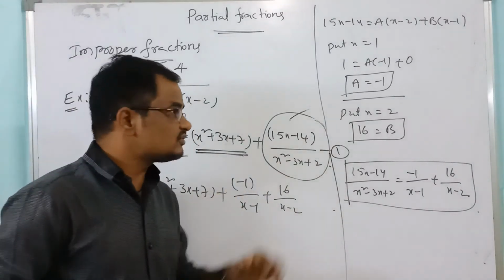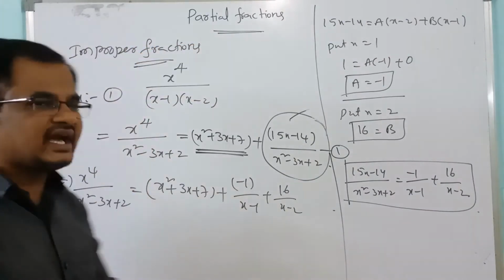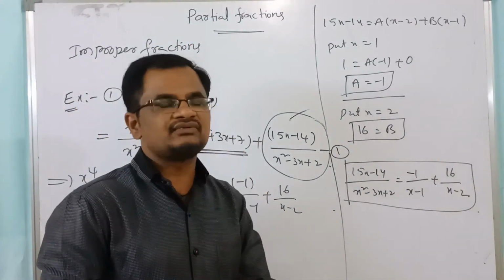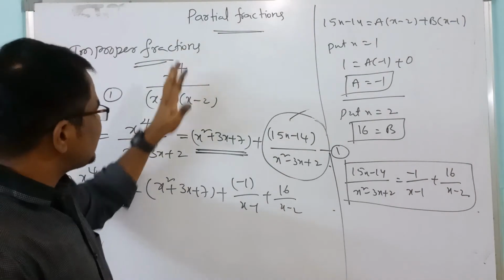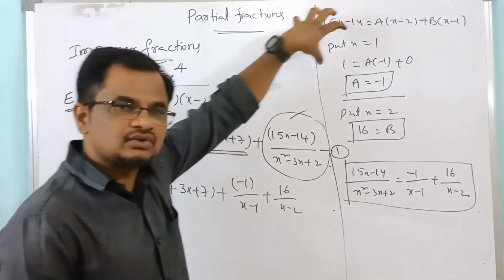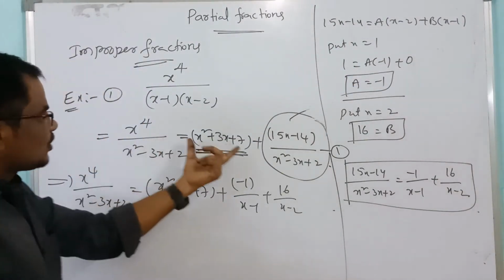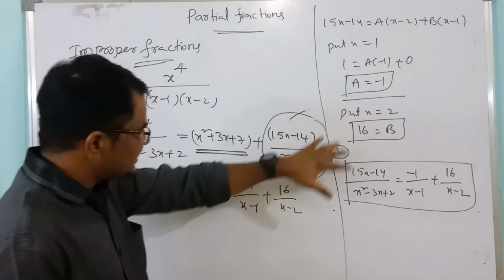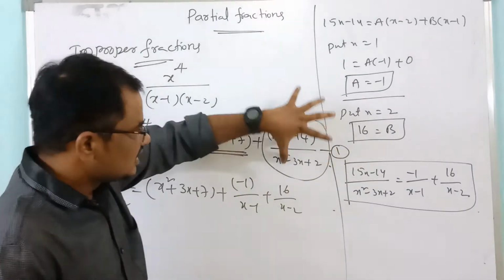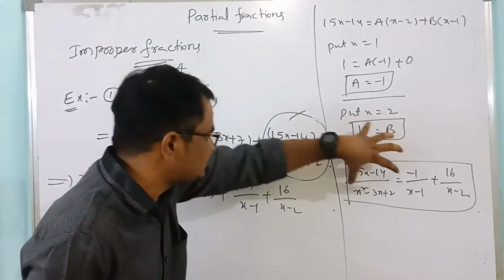So once again, listen to what you did for this one. It is an improper fraction, the degree of numerator is greater than the degree of denominator. For this, what do we have to do? Divide numerator by denominator: f of x by g of x equals p of x into r of x by d of x. If you divide, quotient plus remainder by divisor, definitely this becomes a proper fraction. Now again this proper fraction we have to resolve into partial fractions.